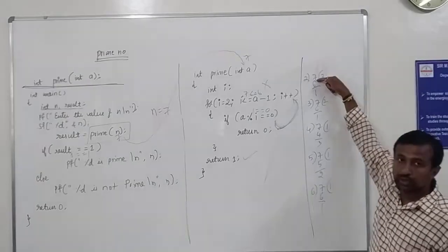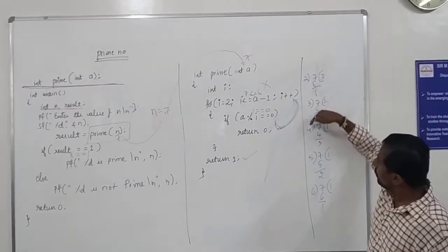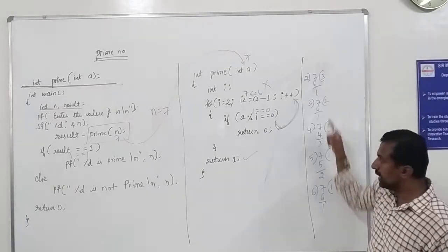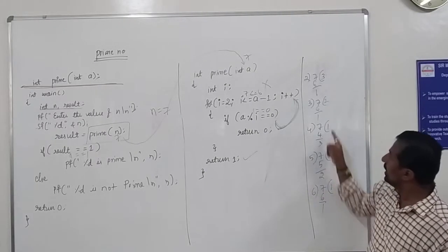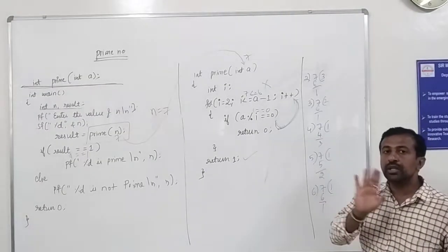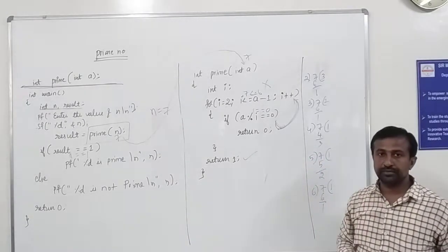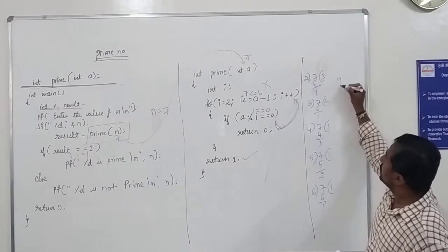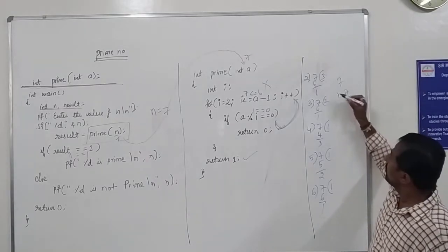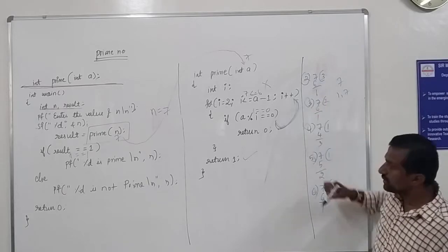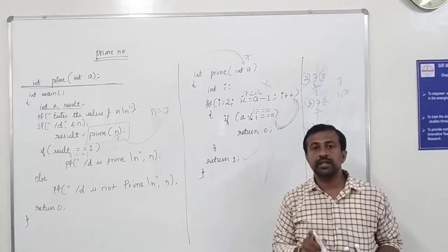See what happens in this case, the 7 case. The 7 is going to be divided by 2, 3, 4, 5, 6. In all the cases, we have got some remainder, so it is not completely divisible by other numbers. 7 is going to be divisible by 1 and itself, but it is not going to be divisible by 2, 3, 4, 5, 6. So now I can say that 7 is a